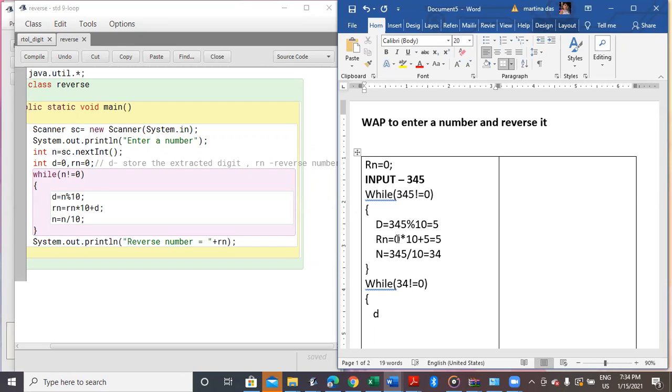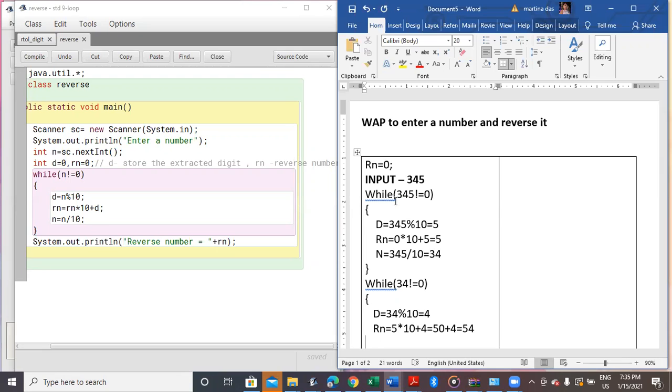Inside the loop body, you can find d equals 34 modulus 10. So that will give me the extracted digit 4. Now the last saved number in rn happens to be 5. So 5 into 10 plus 4, that will give me 50 plus 4, making it 54.